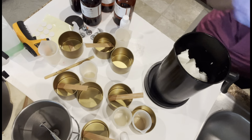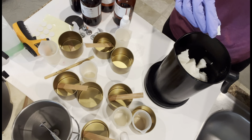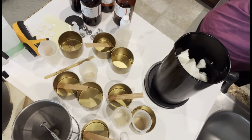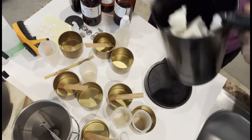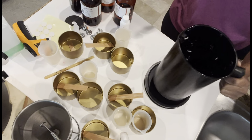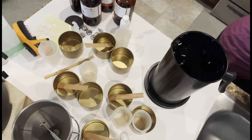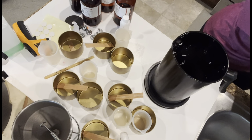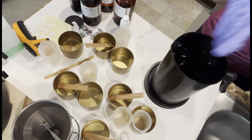582, 590, 593, 596. Okay, so I'm going to put this in. So I know now I need 1,000. So we're going to do that, and I have the wax warmer already on,